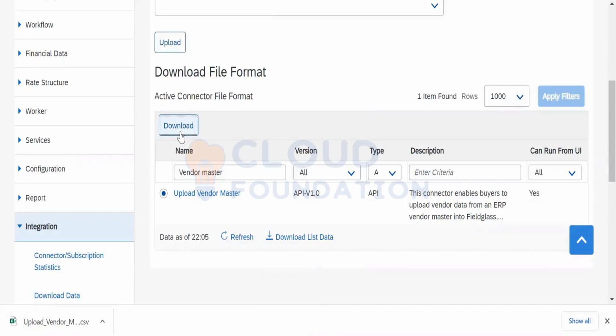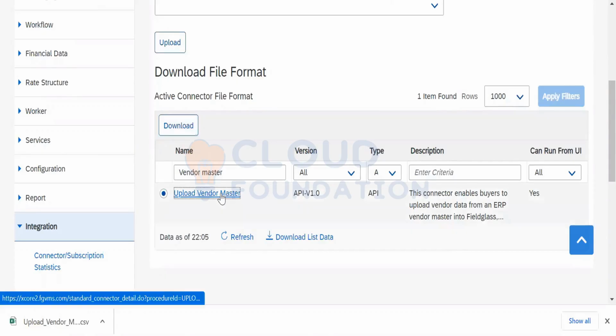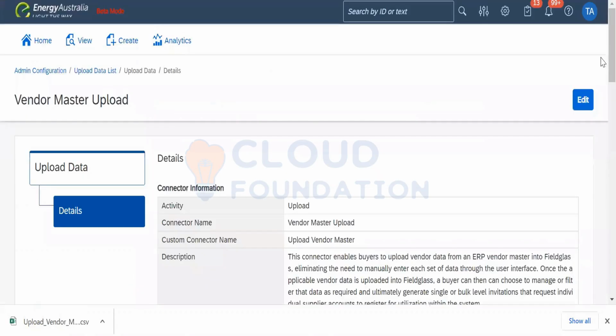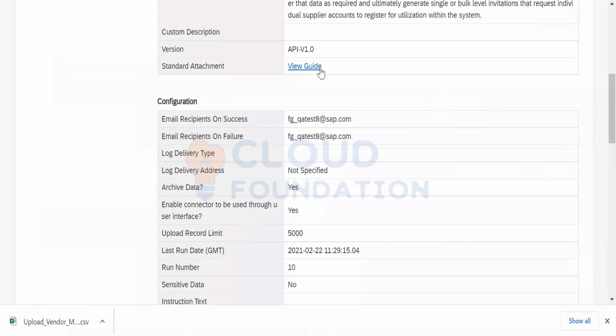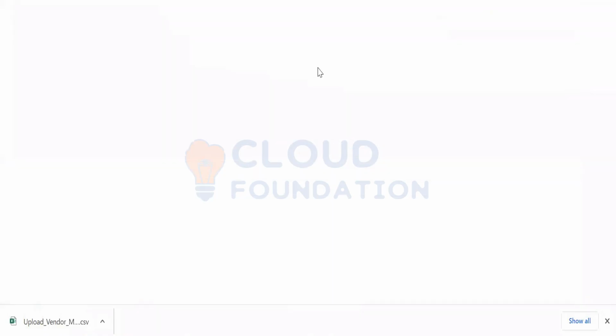The supplier will register themselves in the Fieldglass tool itself. That will be the supplier interface for Fieldglass. By that they will become a supplier. If I click on here, I can get into the guide that will explain how to use this connector.